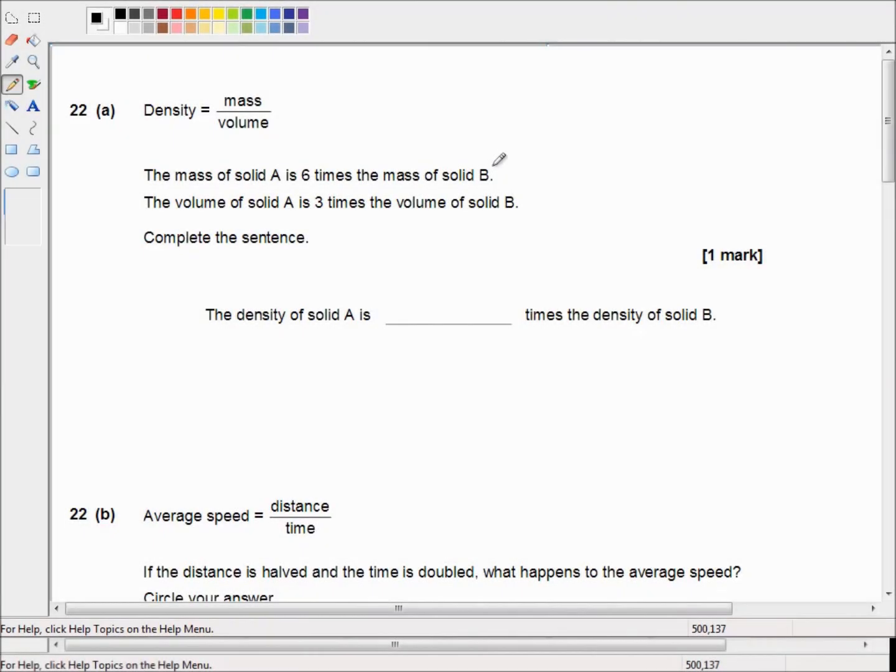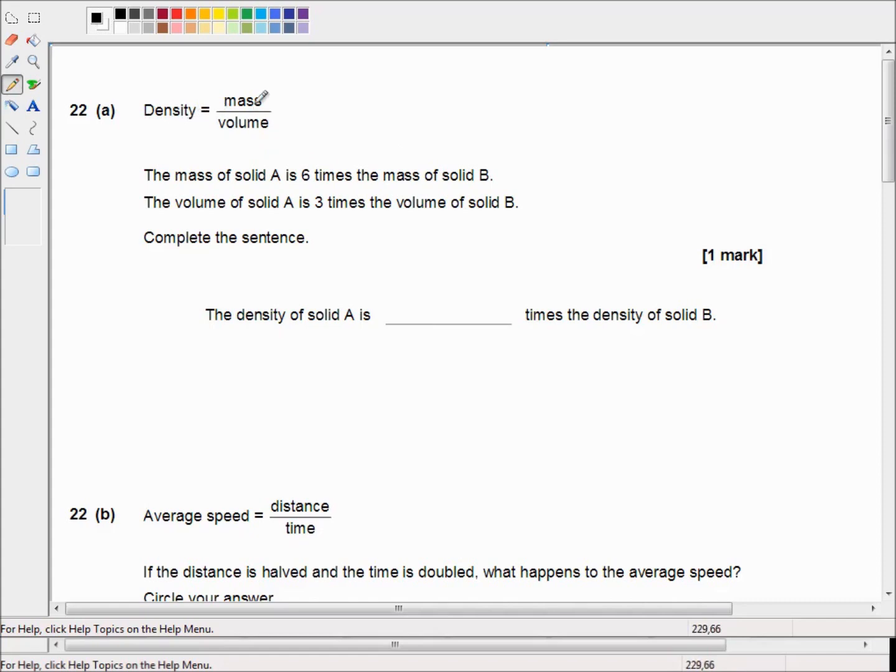Hello and welcome to another GCSE revision video, and in this video we're going to be looking at the May 2017 past paper. This is paper 1F, that's the first paper in the foundation tier of the AQA GCSE 8300 series, and we're picking up in question 22, which says